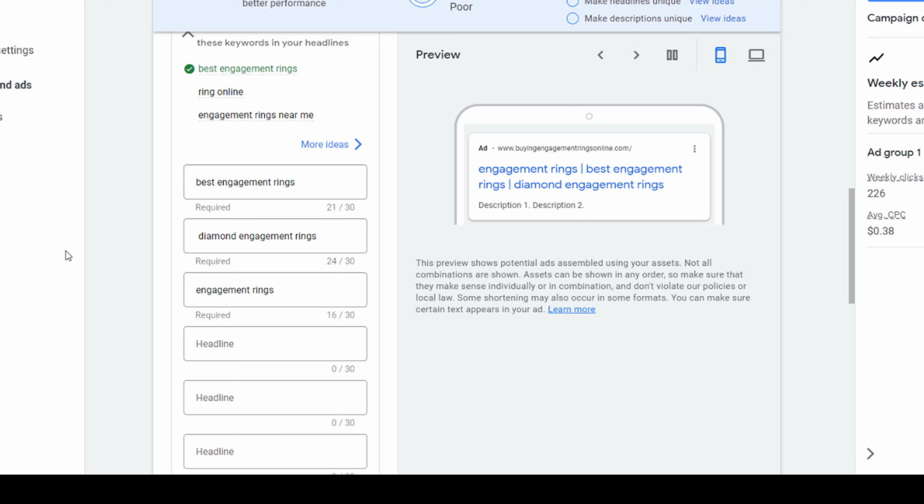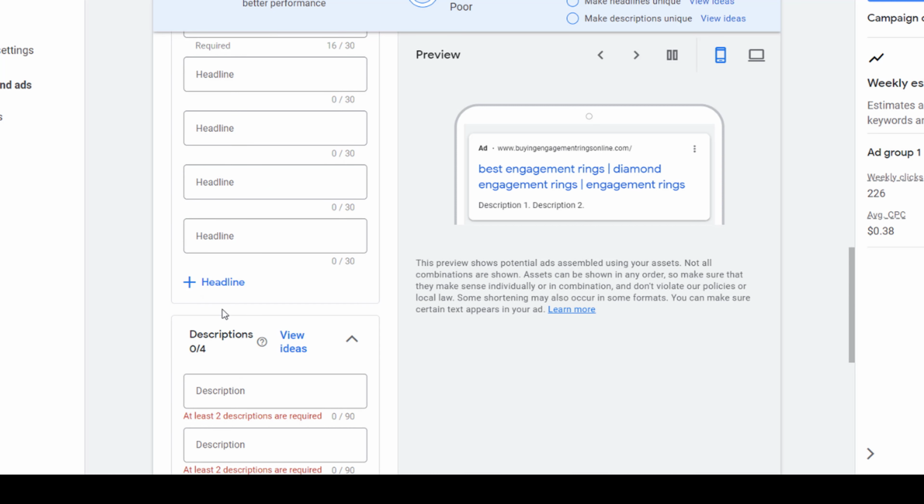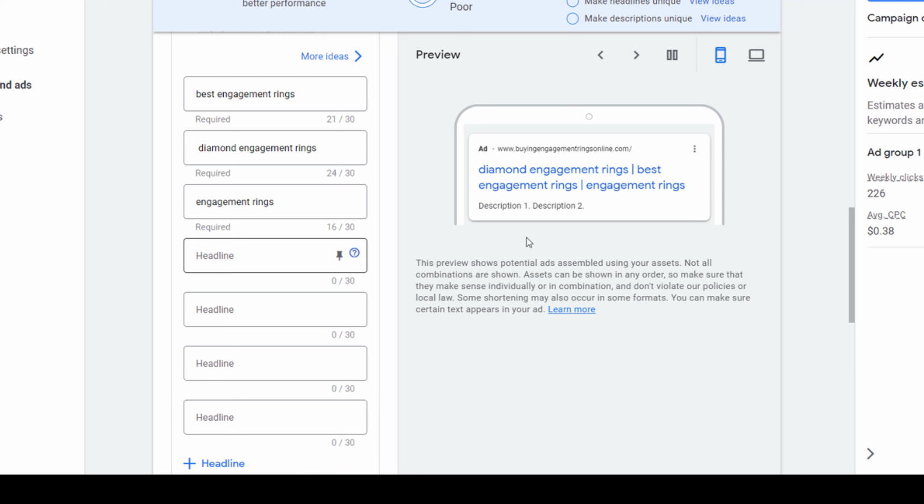It's also a good idea to use sentence case for your description, as this is easier to read and can help to engage the reader. With your headline and description written, you are well on your way to creating a strong and effective Google Ads campaign for engagement ring online.